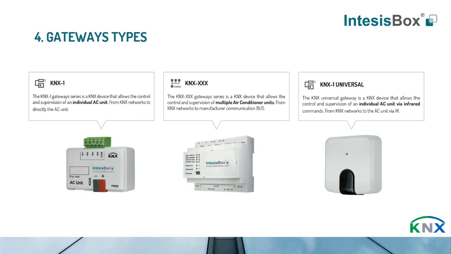We have the multiple air conditioner units gateways that are allowing to connect to the manufacturer bus or to the main controller of the manufacturer and to control a full installation with more than one unit. And at the end, we also have the KNX 1 Universal, which is allowing to control the individual AC units via infrared commands. Okay, so